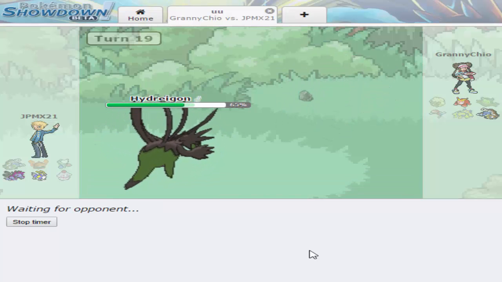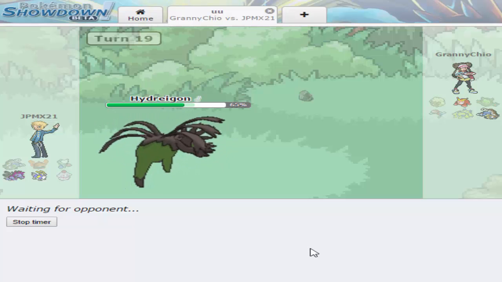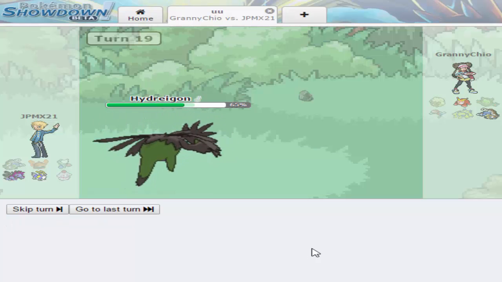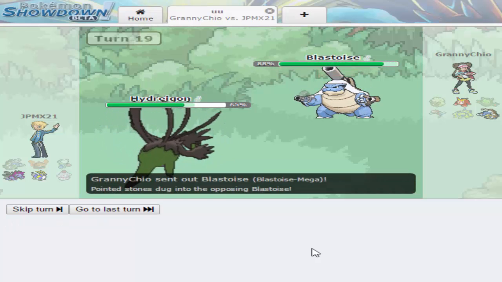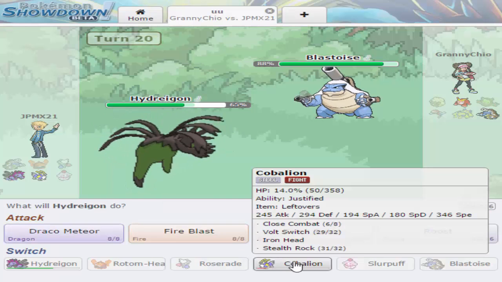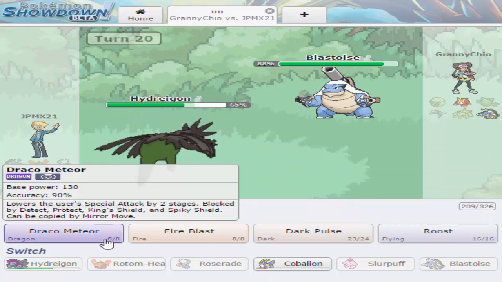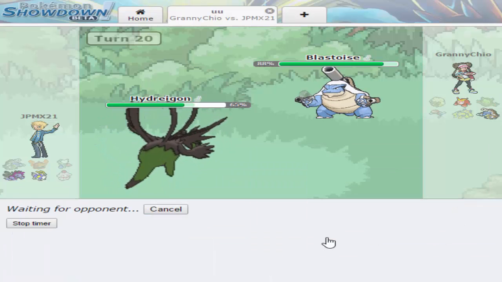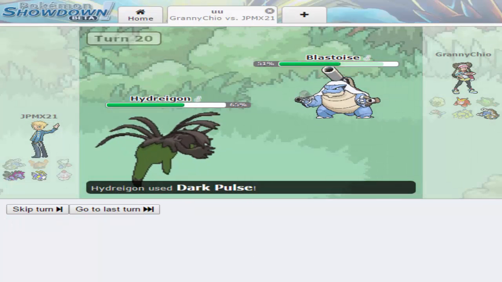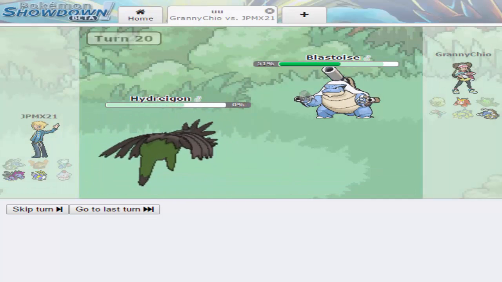Is he not Scarfed? I was actually thinking of running Scarfed Hydreigon, but then I thought maybe it's not the best play, but in both situations that we've seen, it was probably going to be our best play. But now, here's Blastoise, Aura Spheres to death, and we're dead. Let's go for Dark Pulse. Either way, we lose this battle. I'm already going to say GG. He's going to go for Aura Sphere, take me out, and then